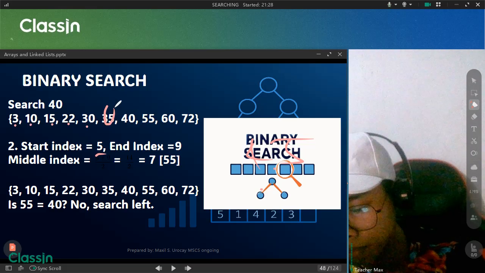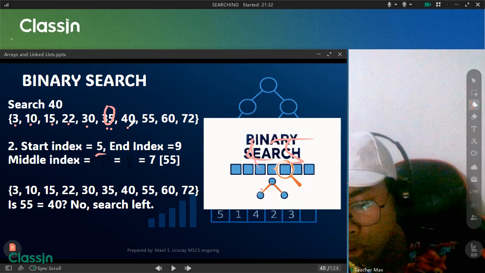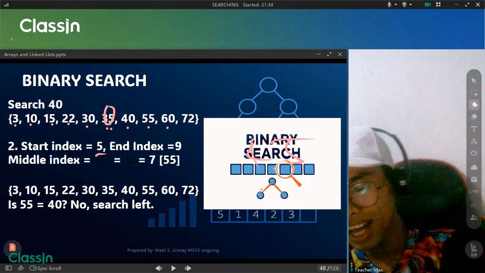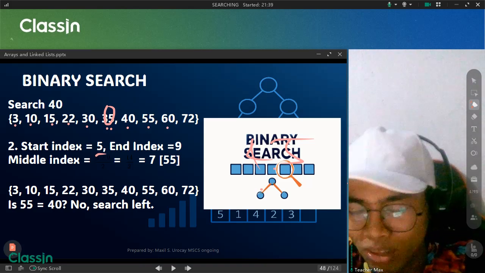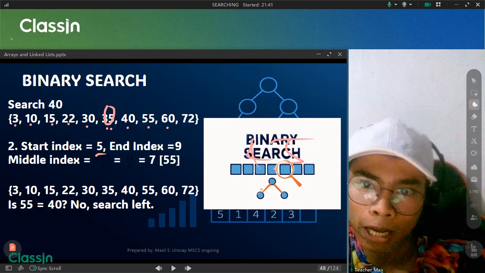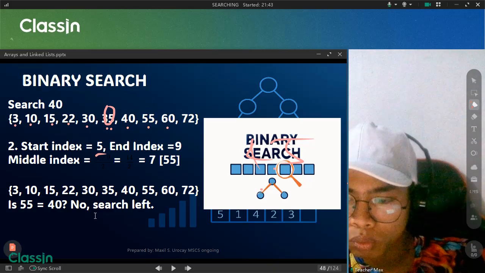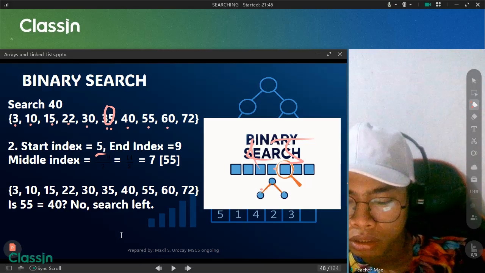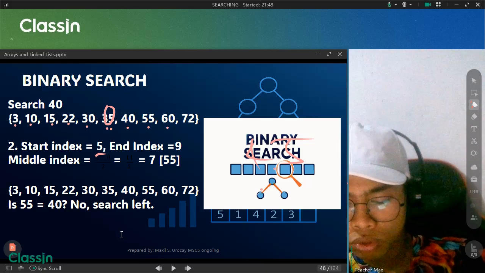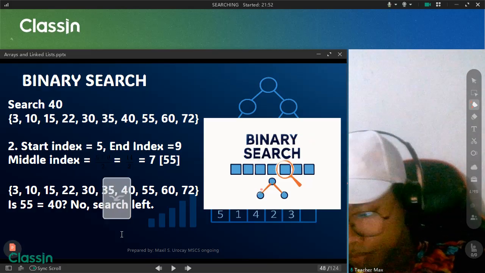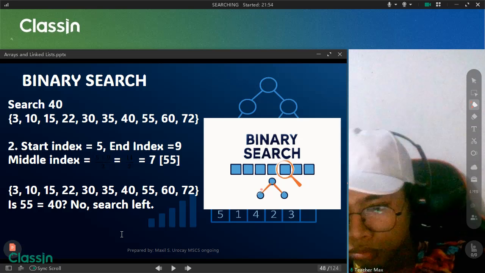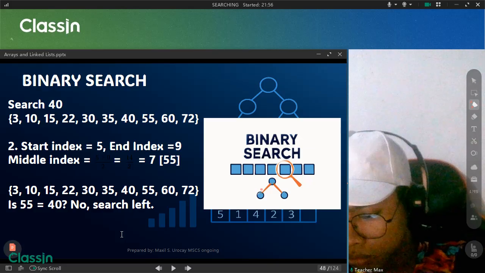So from here, this is your 0, 1, 2, 3. I'm so sorry. It will be a trouble for you, everybody, so don't mind this. So the right will be this one. Just continue with the 5 plus 9.